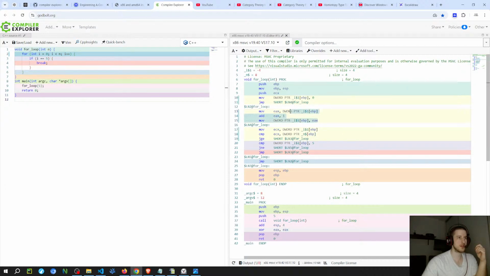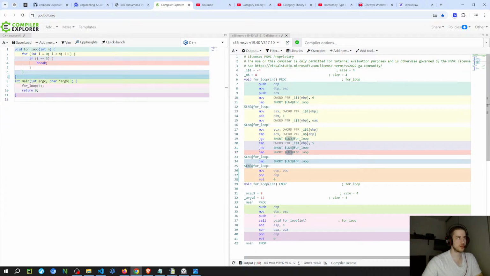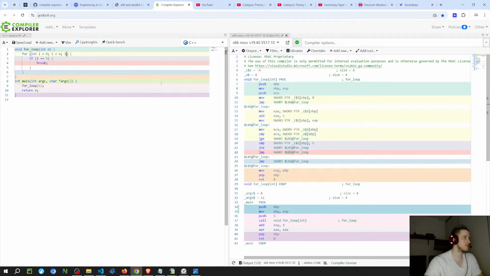I think this makes sense because it's going in and out from the register to the stack to update the value. So I do think it makes sense to do it twice, but the other one is more confusing. But if the condition is correct, then it just goes out because it breaks. So what I was going to do is just change the plus plus here to see what happens.